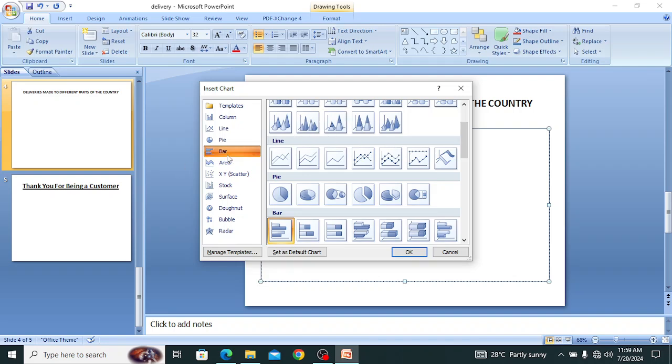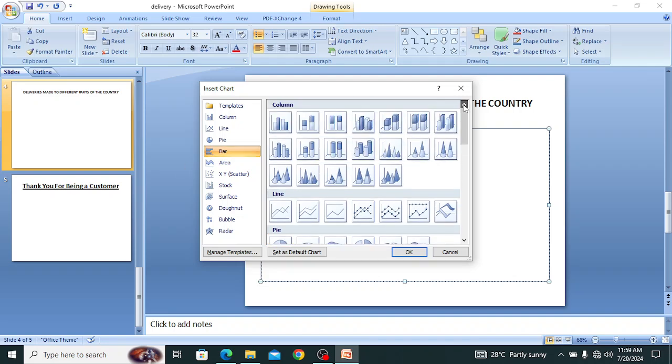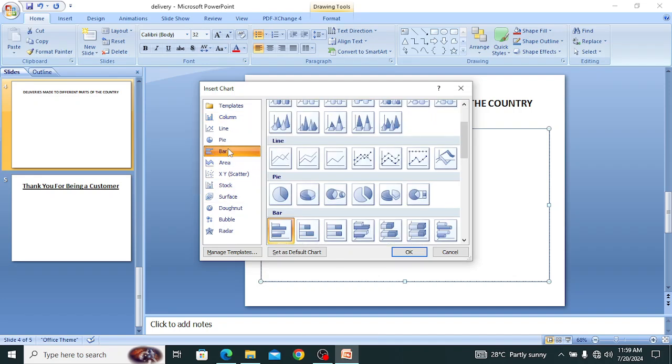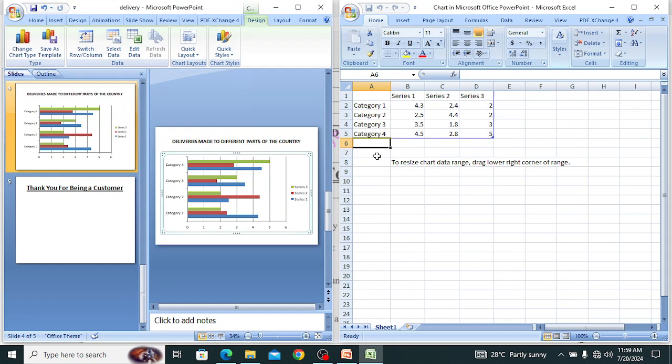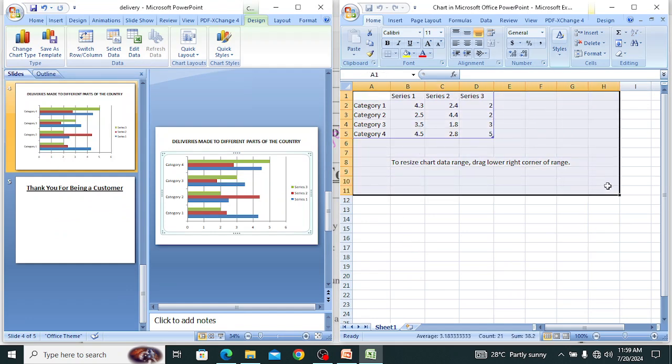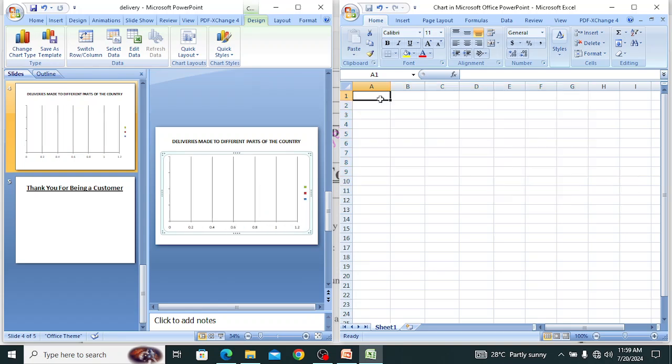Tukiclick bar alafu tunakuja hapa juu. We point sasa. Unaona hapa hivi? Clustered column, we have the stacked column, we have this one. So we take the clustered column like that one, or we do it insert. We click bar chart, then we click OK direct. Are we together? Now after clicking direct unapata easy. You need to now to delete all these things. After deleting, you need now to